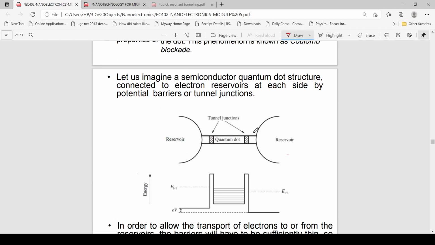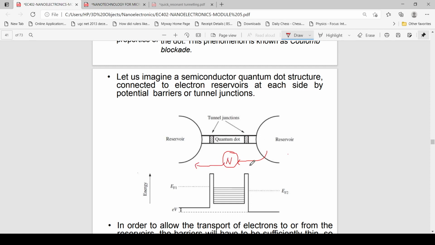This is the experimental setup for observing the tunneling process. These are two reservoirs, this is a quantum dot, and this is the tunnel junction. The quantum dot is nothing but a pool of a few electrons, and we can call this quantum dot a Coulomb island. Now, how can we add electrons to the quantum dot or subtract them? Suppose this Coulomb dot contains n electrons. We can add electrons to it, or we can subtract electrons from it.